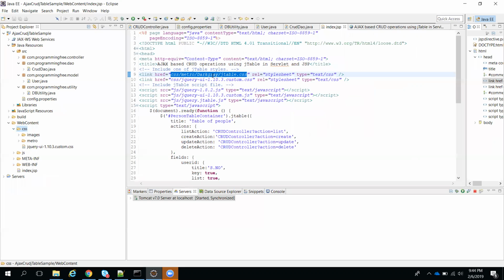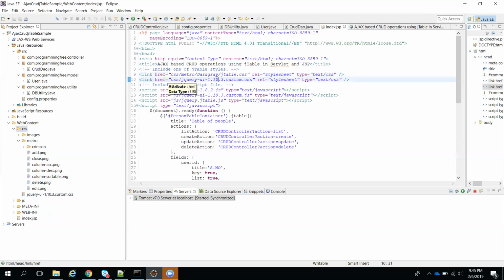For example, if I add one more folder here, where the theme name is something like light darkness, I will give the folder name, and inside that I will add all the related CSS things. Then if I include that CSS here, that particular theme will be reflected. That's all. To change the theme, whatever theme you want to download, you need to include those images and CSS files and give the path of that CSS.